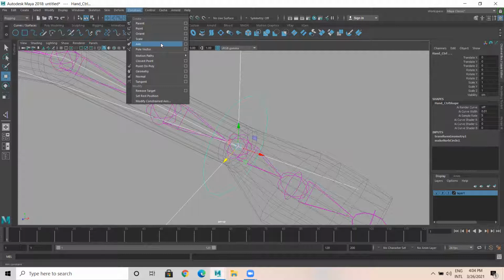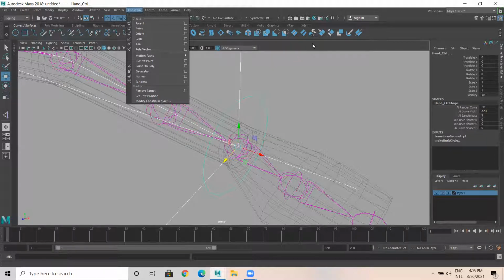Got it? Parent constraint controls translate and rotate both. You have to refer to this video again and make a note very clearly. Point constraint controls translate, orient for rotation, scale for scale, parent for translate and rotation, aim is for simple aim.